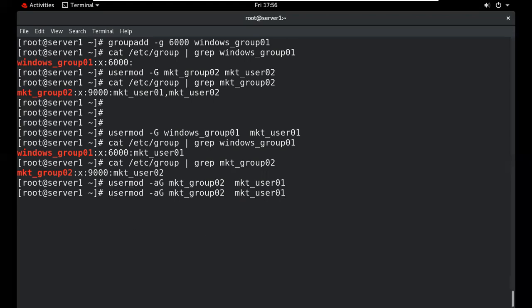We can check at the same time whether it is a part of more than one group or not. So we can use it simultaneously. Type double quote and type -e.